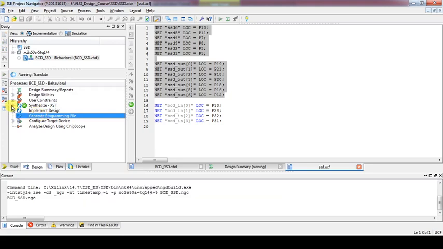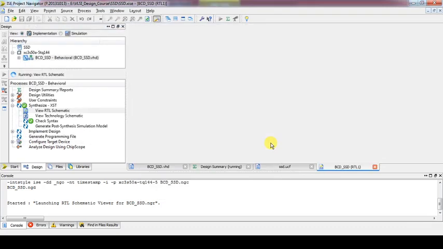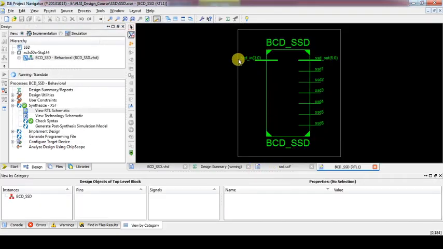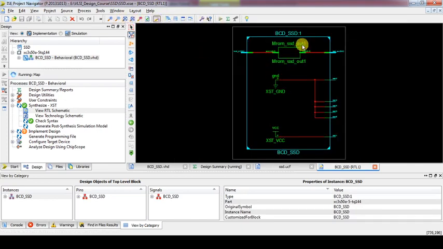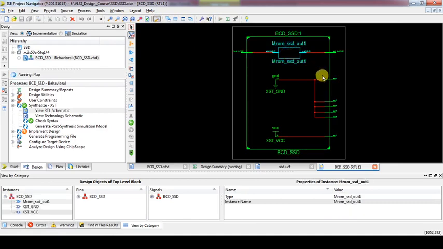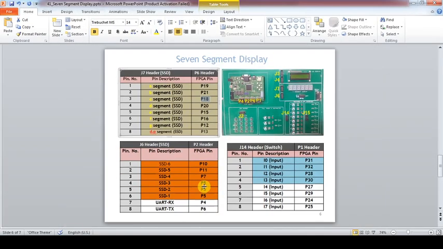Meanwhile, just see how the RTL schematic looks. You can observe here only the 4-bit BCD in, the 7 segment output 6 down to 0, so 7 bits, and the 6 control bits. It is implemented using a ROM, because the implementation we have taken uses hard coded values.